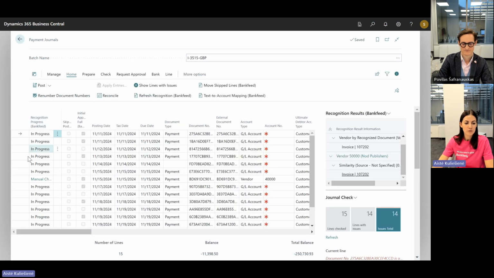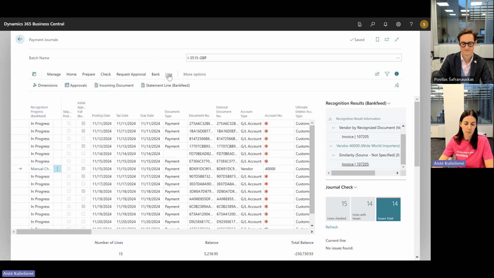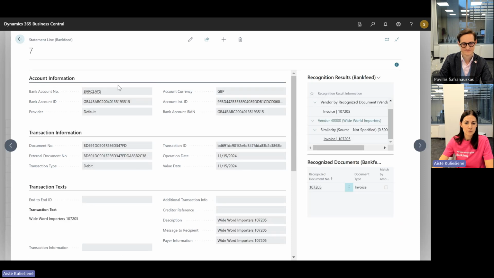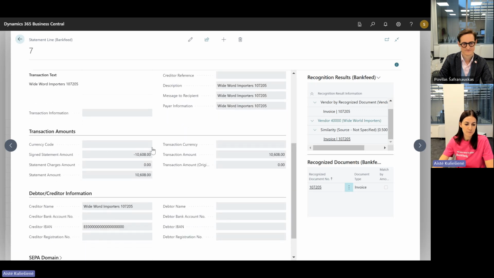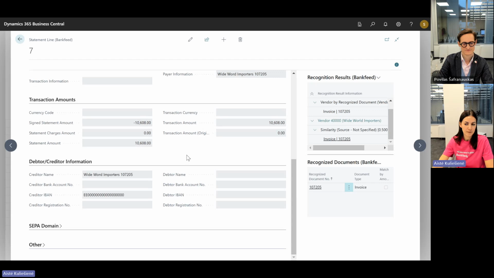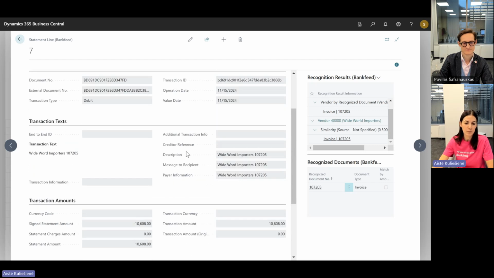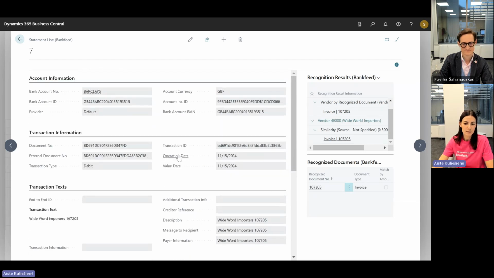We just need to select the line which we want to check, go to the top of the page, select Line and Statement Line. You will see that the statement table will be opened, and I think in this table we will find the information we need better.